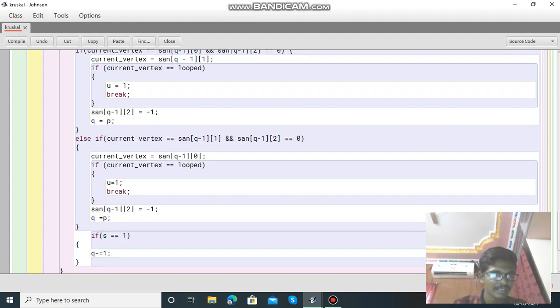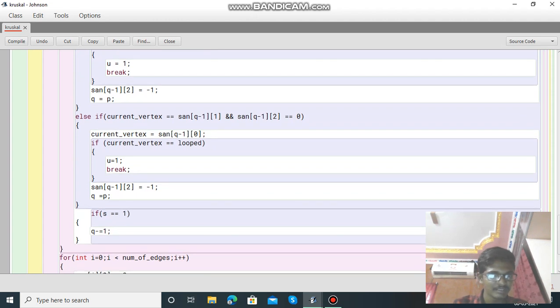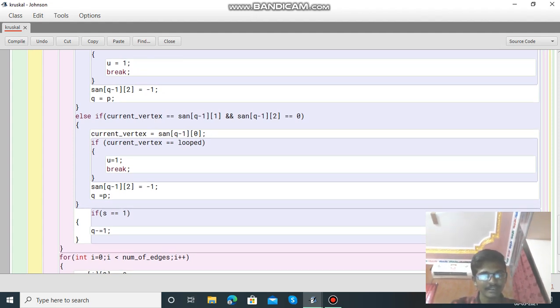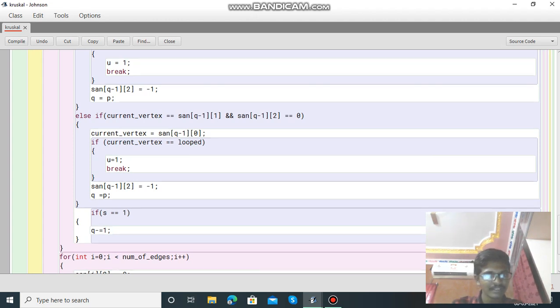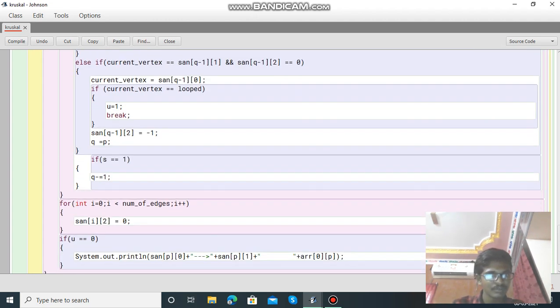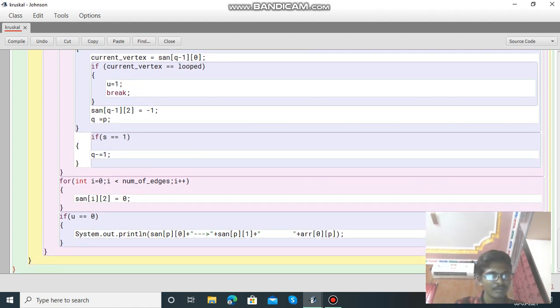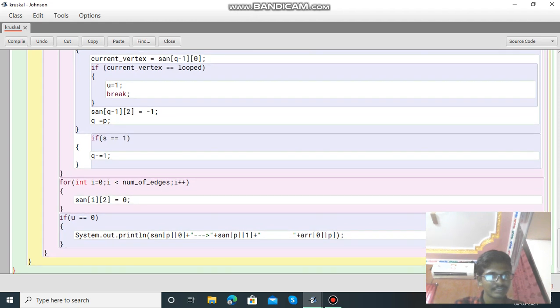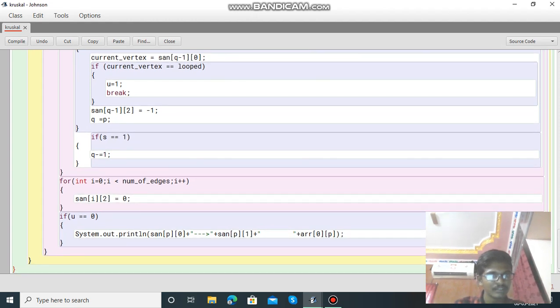Then we use an else if statement: current vertex, san[q-1][1] and san[q-1][2] equals 0, current vertex equals san[q-1][0]. If the current vertex equals loop u minus 1, we use break, then san[q-1][2] equals -1, q equals p. If s equals 1,